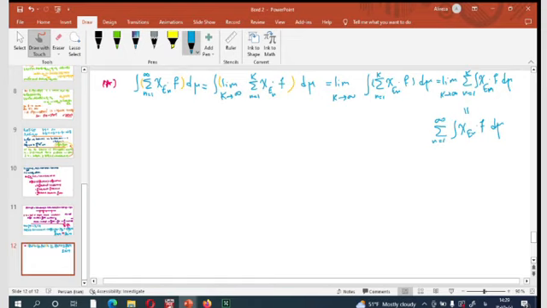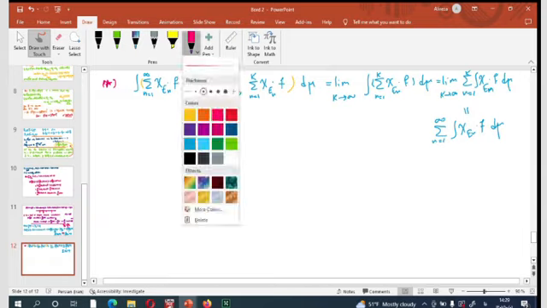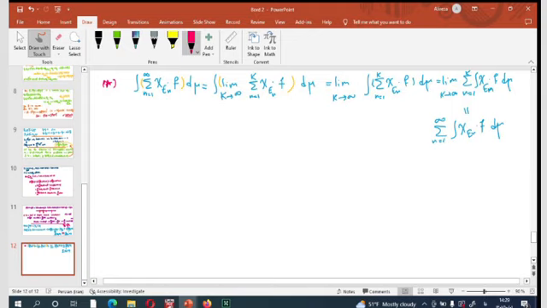But this holds by the dominated convergence theorem, DCT, because